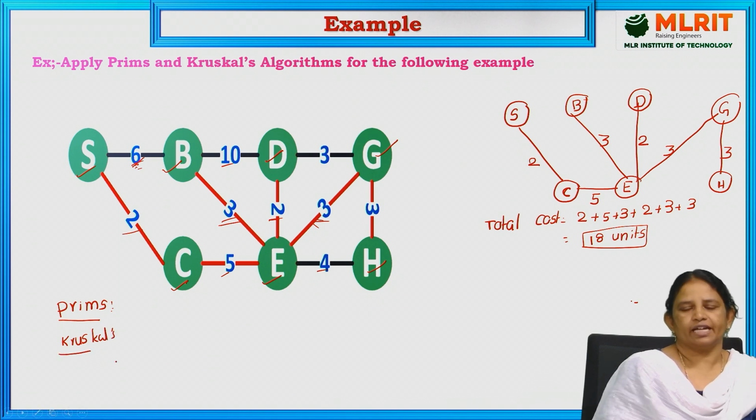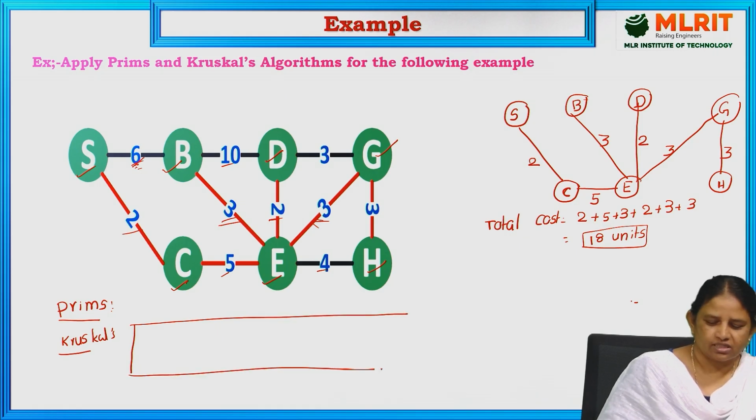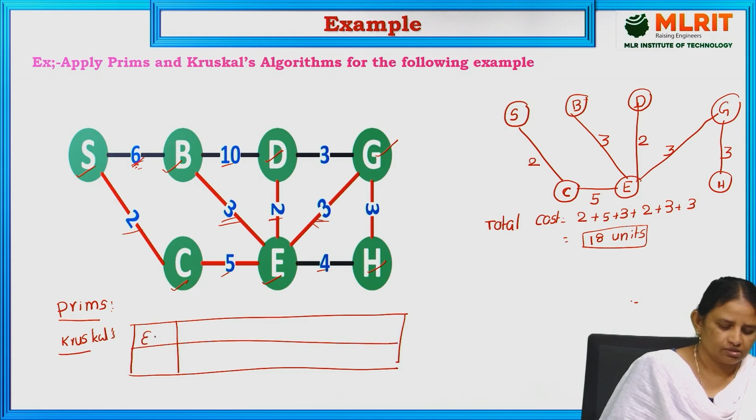Kruskal. In the case of Kruskal, first of all, we have to draw the table which consists of edges and the corresponding cost. Edge, then cost. Least cost is S to C, cost is 2, D to E, cost is 2,